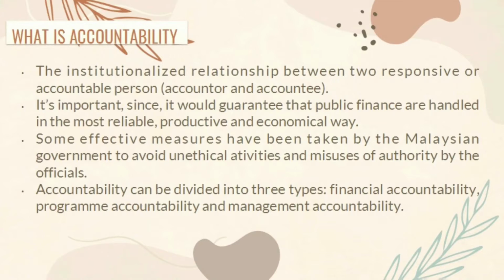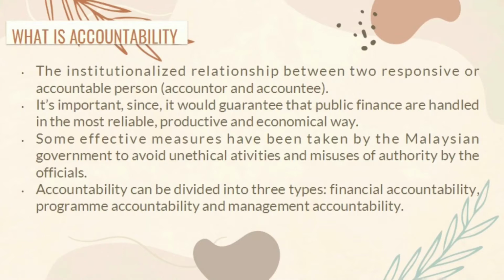The lack of this will trigger problems related to loss of time, the misuse of resources, or delay in the program execution. The third point is about evidence of corruption, unethical activities, misuse of authority, and mismanagement of public funds in public service organizations around the world, including Malaysia, which has been reported over the years. As a result, some effective measures have been taken by the Malaysian government to promote good governance, transparency, and accountability.